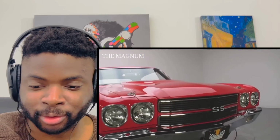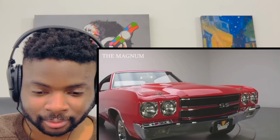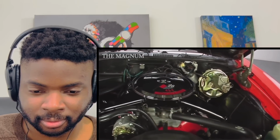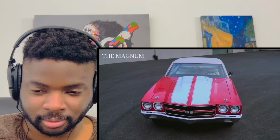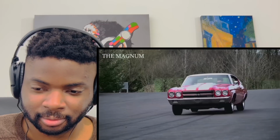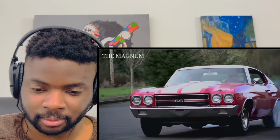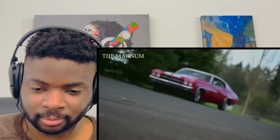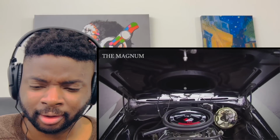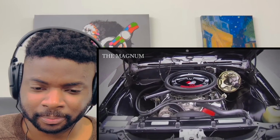70 Chevrolet Chevelle LS6. This one, when the company GM squeezed their previous requirements, prohibiting the installation of an engine of more than 400 cubic inches on medium-sized cars, in the American automobile industry there was a real boom of muscle cars. According to most conservative estimates, the power of the LS6 was 450 horsepower, but according to some experts, due to the high compression ratio and the huge Holley